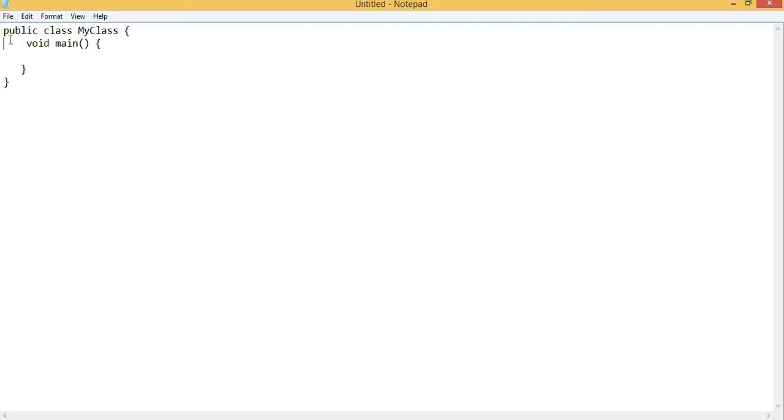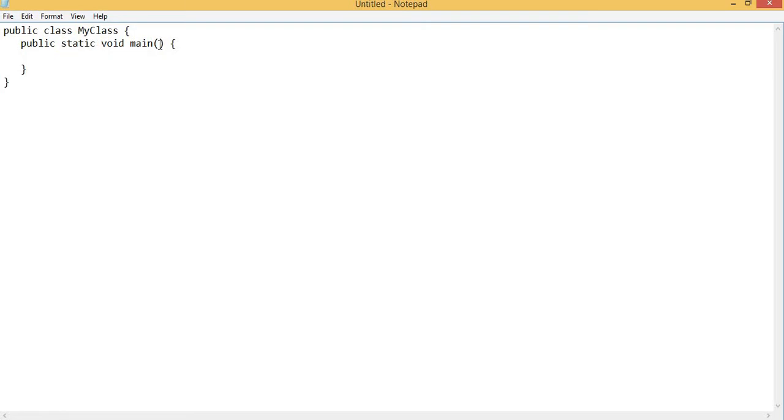And this main method must be visible to the outside. Then only I can call my main method. So to make it visible, again I will use the keyword public. And also, coming to Java, the main method must run without an object. So for that I am using a keyword static. So this static property can run without an object. That's why I am defining my main method with the help of the static keyword.